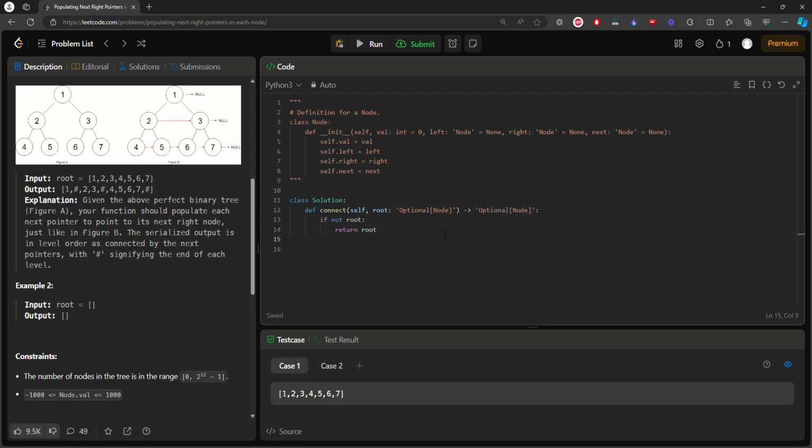Now again, the best thing to use is level order traversal. I told you to learn how to do level order traversal because it's a really good way to traverse a tree and it can be applied in many places. So we'll have the root and